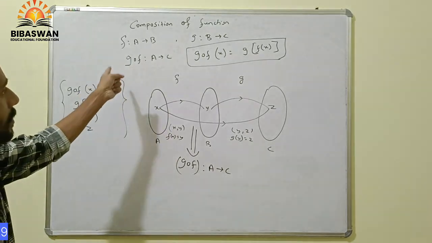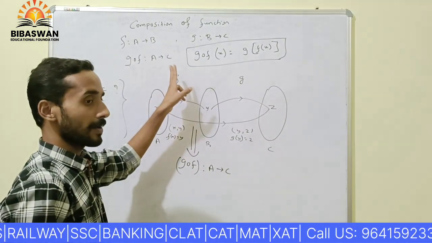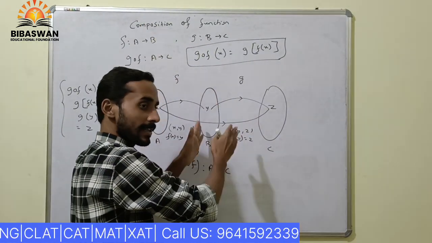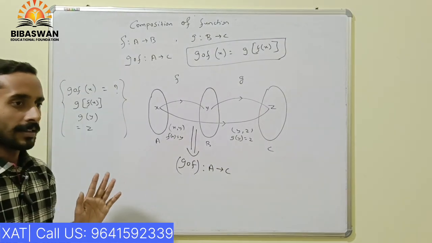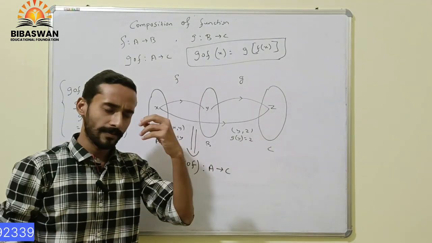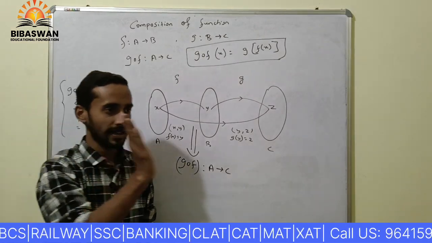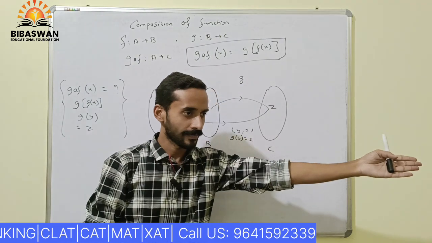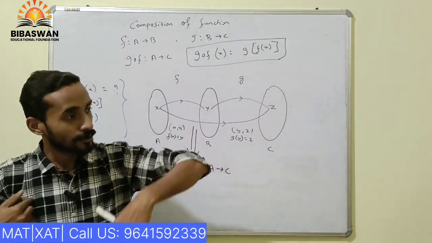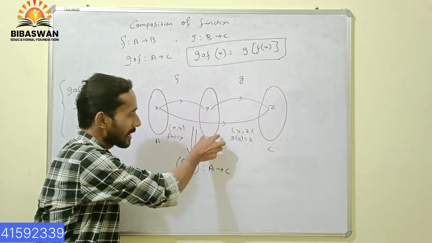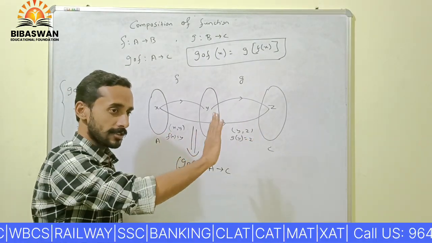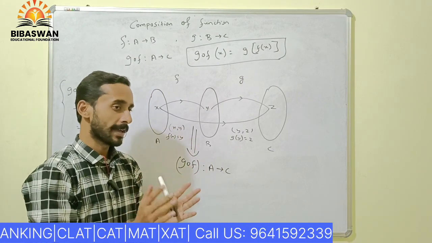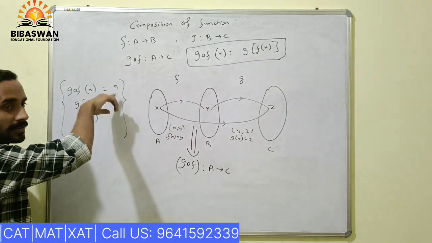Understood? But for composition there is a common set. Which common set? B. If there is a common set B, then only this rule applies. Otherwise the rule will not apply at all. If you look at it this way, it is very simple. If you give a pen to your friend and that friend gives the pen to another friend, you can directly tell that my pen goes to that person. This part you can exclude. Understood? This is only the composition function. Nothing more. But it seems difficult by seeing the formula.